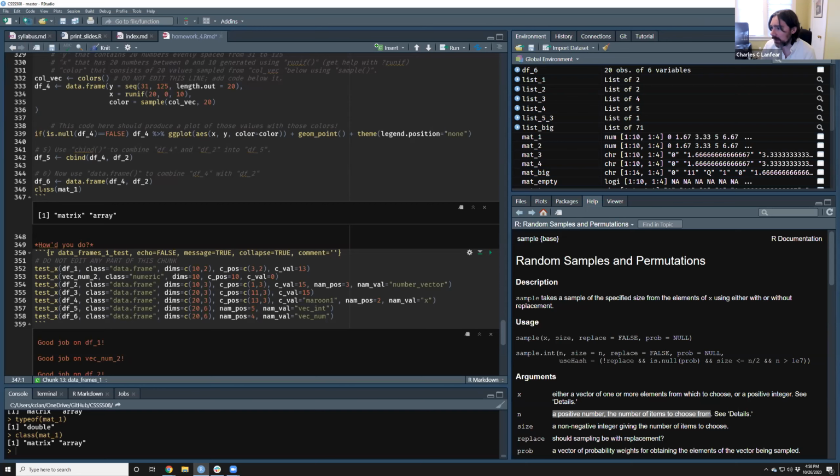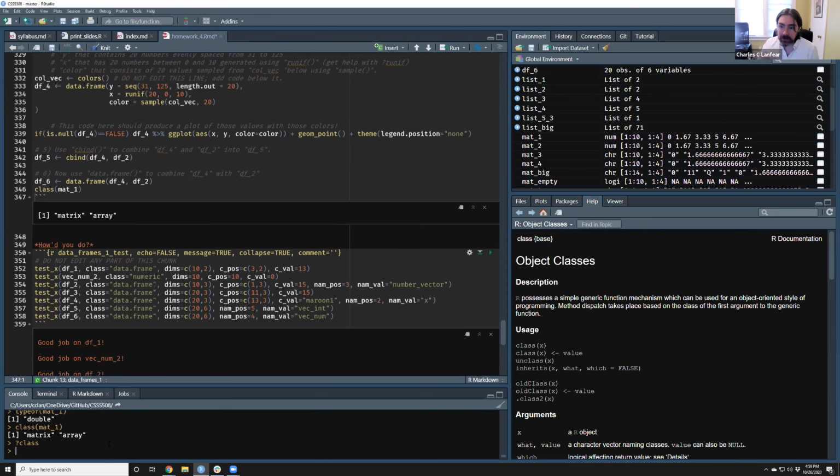It's hard for me to use the proper language for it because I want to say type when I mean class, and class is a class. So class returns the class of the object, but class is a formally defined thing. Classes behave a particular way in R. So if you look at question mark class, these are generic functions for getting object classes for object-oriented programming. The complex and full answer is that the class of an object determines what functions will be run on it when you attempt to run something on it.